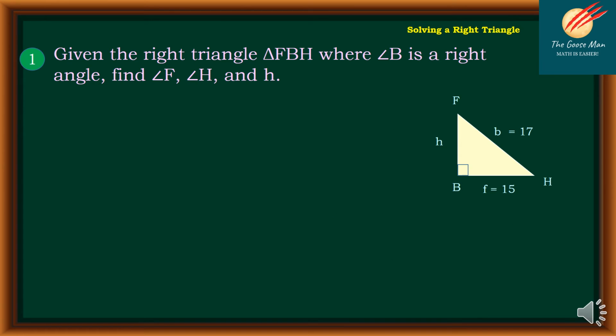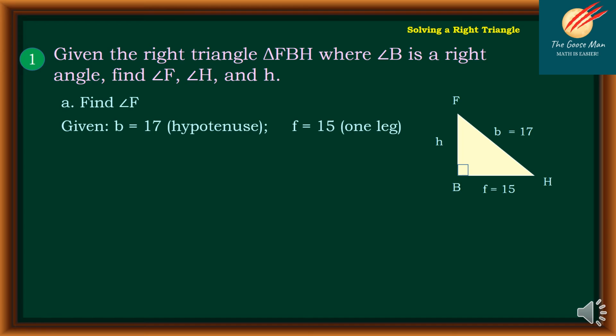Now that you know how to use the scientific calculator, let's solve the triangle. Given the right triangle FBH, where angle B is a right angle, find angle F, angle H, and the side H. So let's find the angle F. Given that B is equal to 17, that is your hypotenuse. F is one leg. So we can use the trigonometric function of sine F is equal to opposite over hypotenuse,